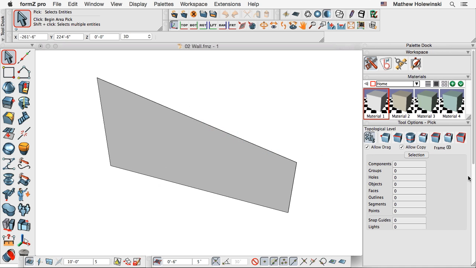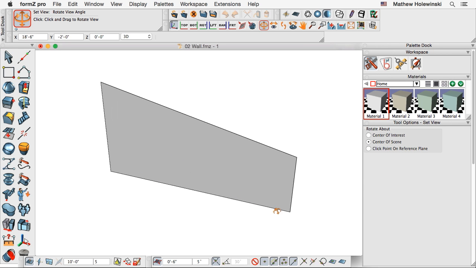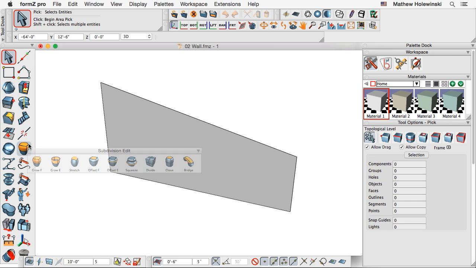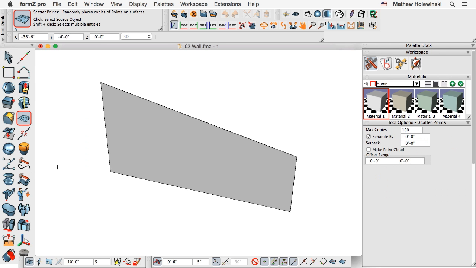Go into formZ. We'll start off with a 2D flat plane. Just use the vector line tool to draw a shape. And then from that shape, we'll go to our point scatter tool. And when I click on that object, I scatter a series of points. So how many points do we want on there? How about